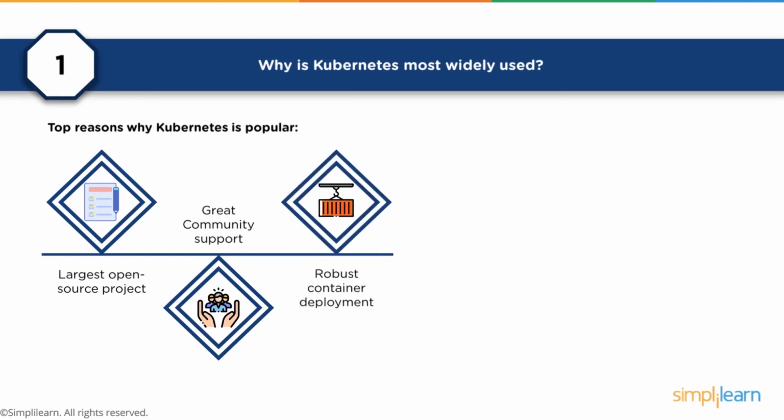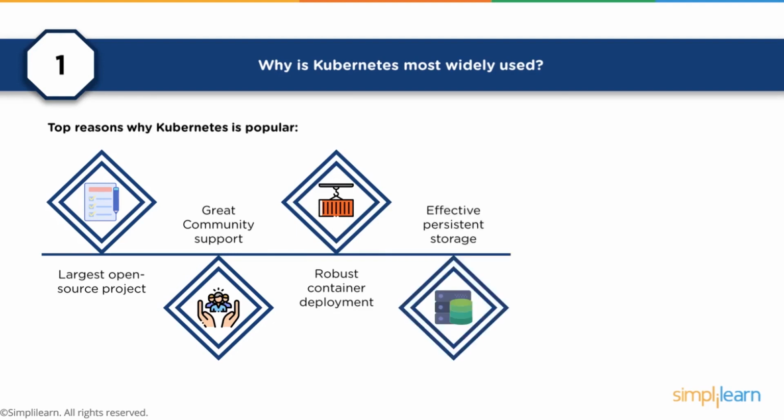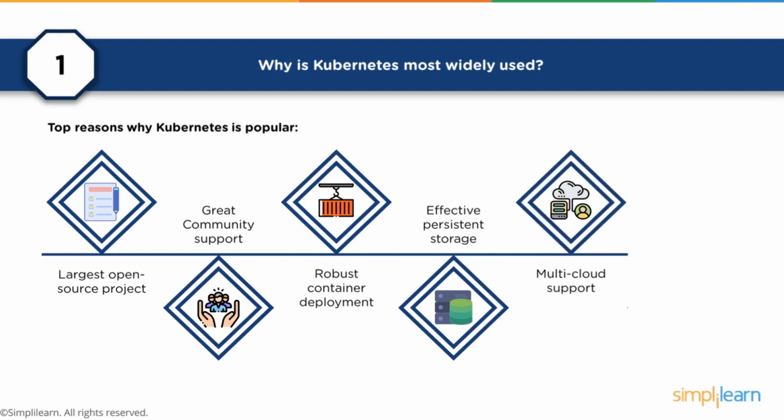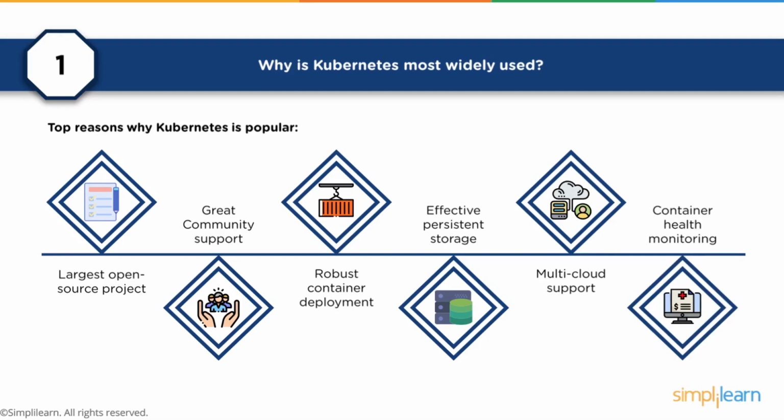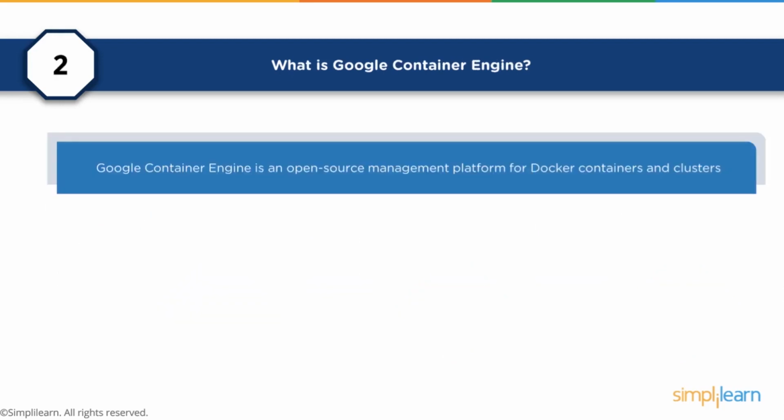The actual environment itself is a really robust way of being able to manage your containers. Containers are becoming the most popular way of being able to deploy cloud-based applications. Kubernetes is an effective and persistent storage environment. So Kubernetes is also able to effectively manage persistent storage, whether it's local storage as a SSD drive or a local hard drive, or whether it's cloud-based storage. And because of the way that Kubernetes is architected, it's really designed for the cloud from the ground up. So it's a great way to get started in building out your cloud solutions. And then finally, the actual tools within Kubernetes are designed to help and manage the health and monitoring of the environment itself. So what is Google Container Engine?